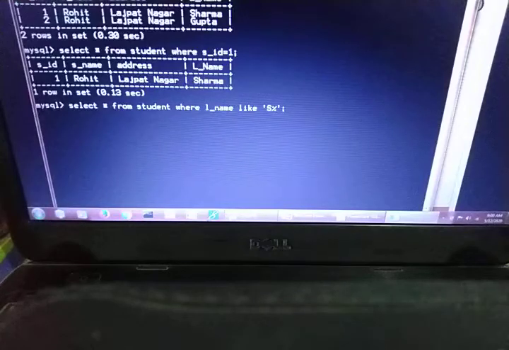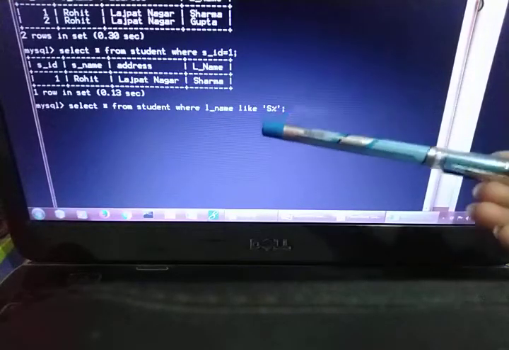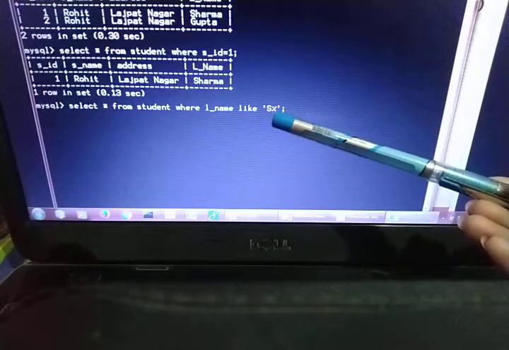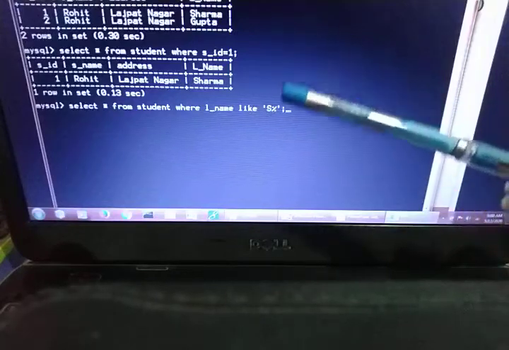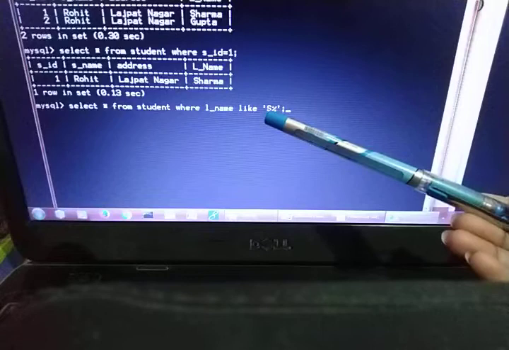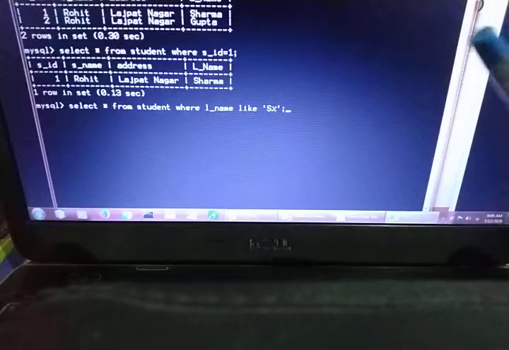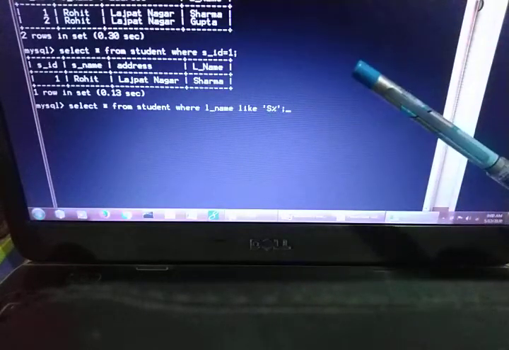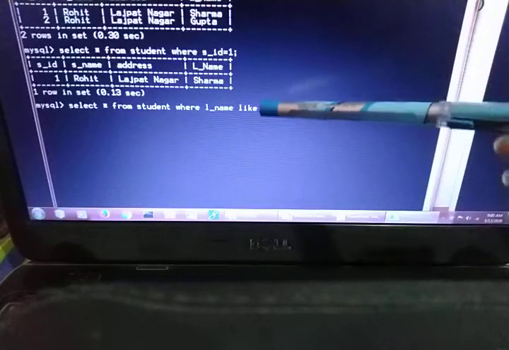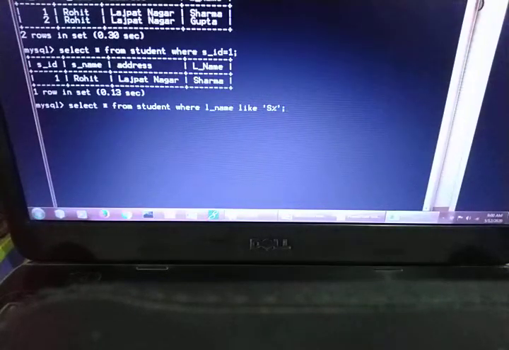When it says starts with that particular character, write that character at the start and put the modulus operator. This means your word will start with S with any number of characters after the S, because your question is that the last name should start with S. So you have mentioned S with percentage, that means any number of characters after the S.